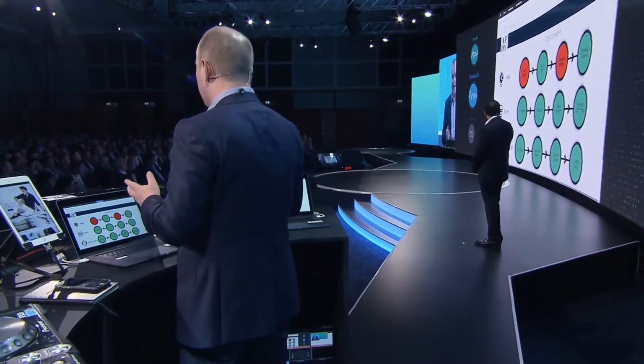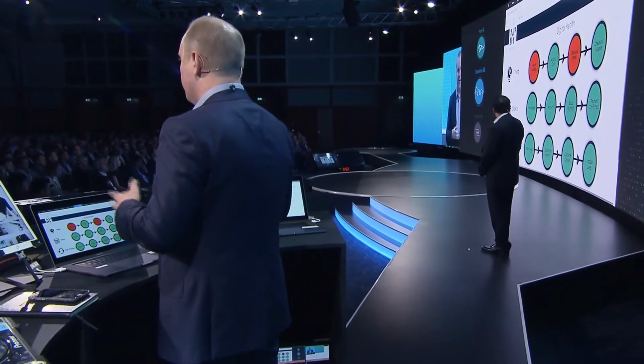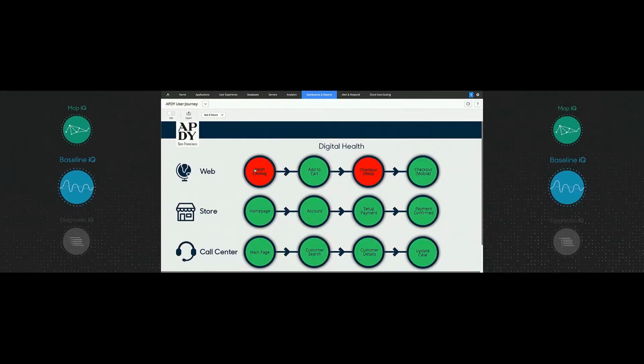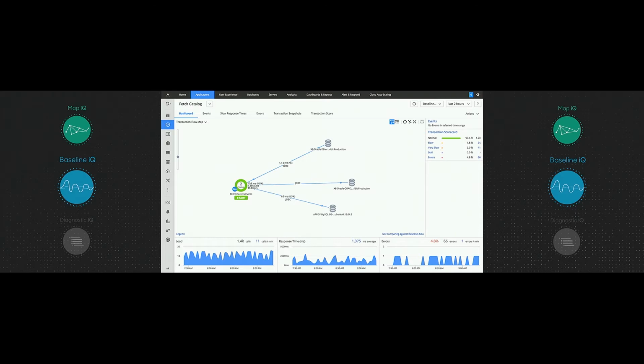So I'm going to show you now, within a couple of clicks and only a couple of minutes, how we can resolve this problem very quickly. So I'm going to start the mean time to resolution timer. And typically in the enterprise, for a severity 1 issue, it can take up to a business day to resolve. So let's click on the fetch catalog and see how easy it is. So that now takes me into the fetch catalog